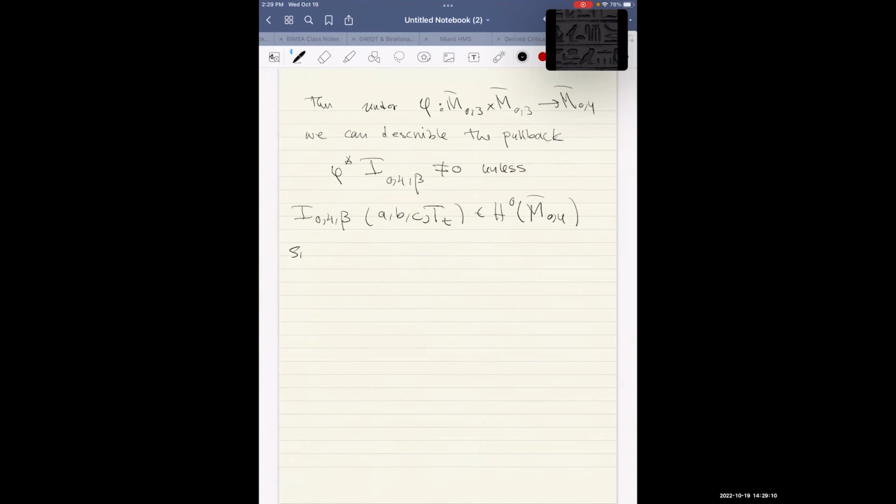Since the map phi is the inclusion of a point of P1, then we can regard the pullback I04 beta A, B, C, T of T as a number, which by the splitting axiom